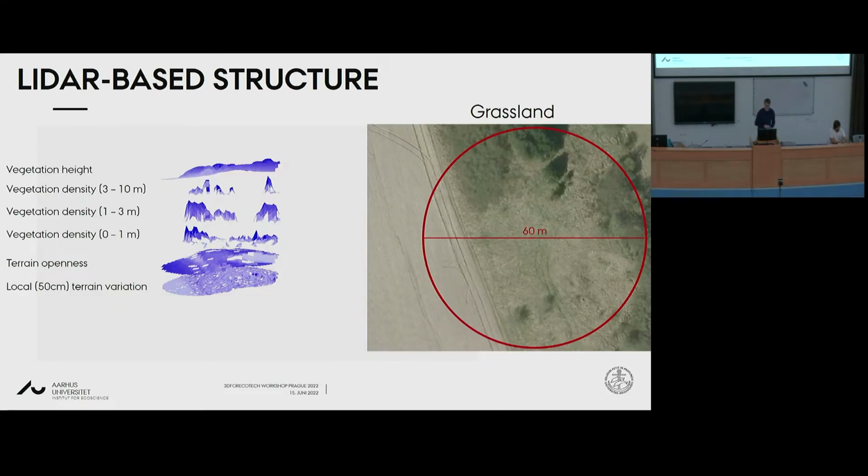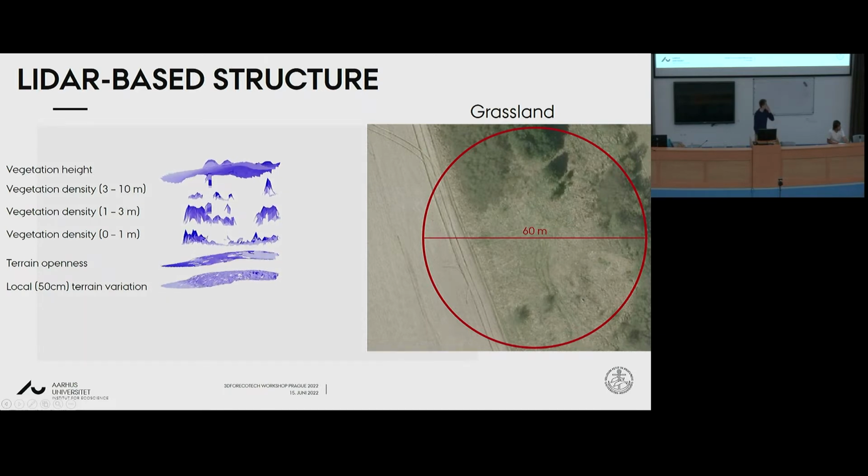And then just to show you what the lidar measures that we used look like, this is a plot over here, and we cut out a point cloud of 30 meter radius around the center of each plot, and then we calculated all our measures within that. And if I can maybe play this, you will see,